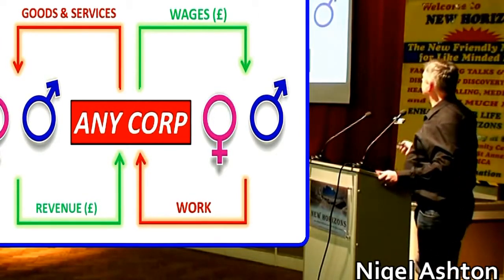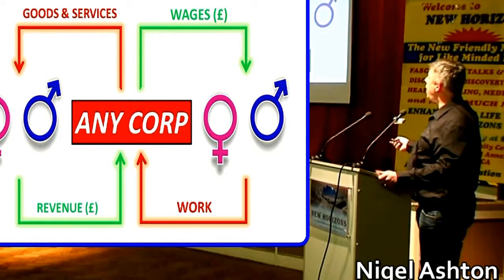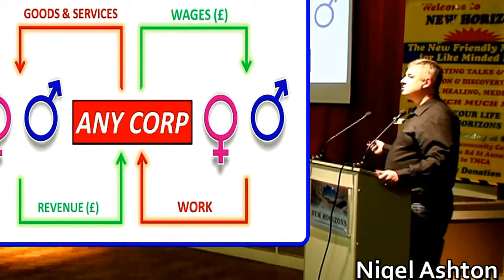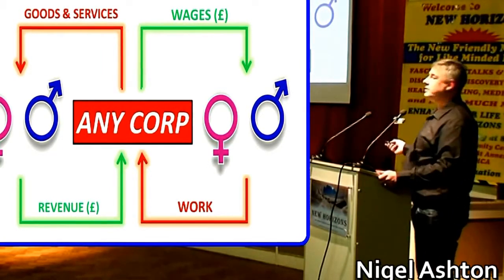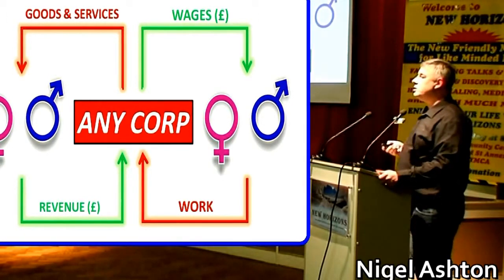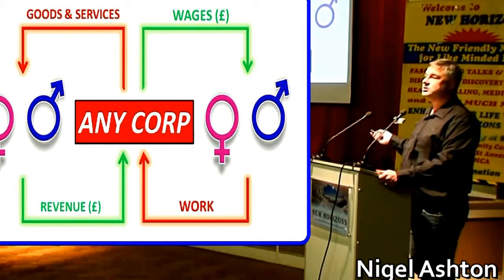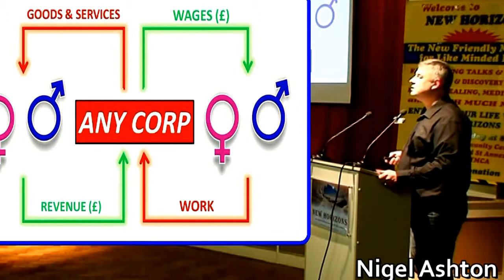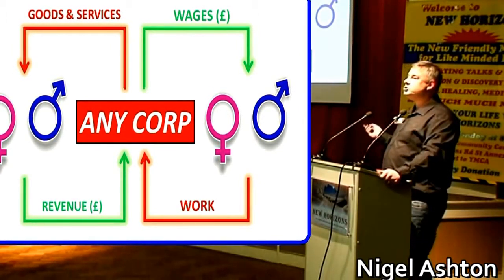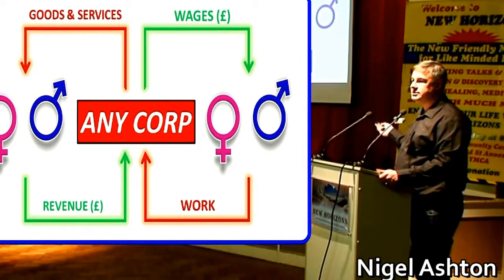Now just think about it. These workers are consumers. They are the consumers. So what's actually happening here is we're doing the work to produce goods and services that we consume. We pay over good money for those goods and services, and that pays our wages. So what exactly does this thing do? Well, it doesn't do bloody much, does it? We're doing all the work, and it's making out like a bandit, both ways.